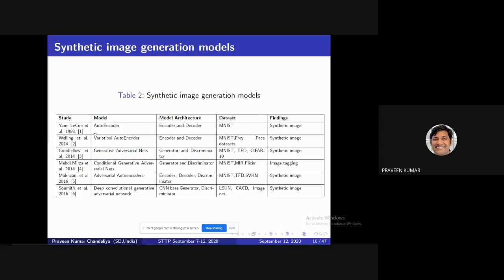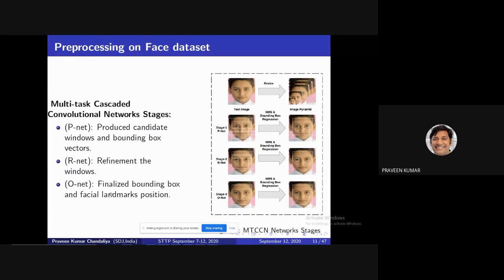In the coming slides, I have developed the autoencoder concept, and then I have developed the deep convolutional generative adversarial network. Before you develop any model, you are required to pre-process your data. For pre-processing your data, we use MTCNN, the multitask convolutional neural network. This is a state-of-the-art model. Its main purpose is to perform alignment and cropping of your data to the required size.